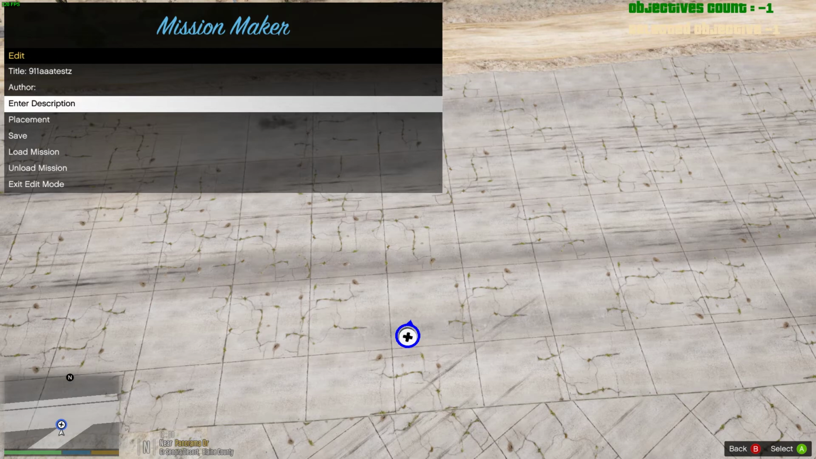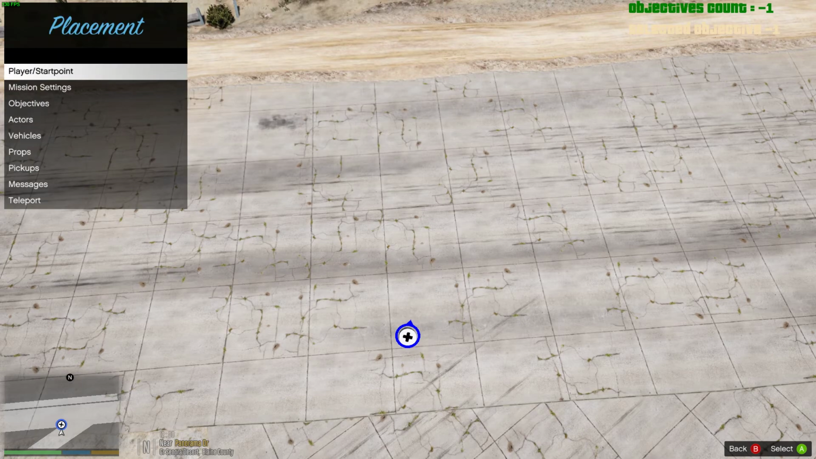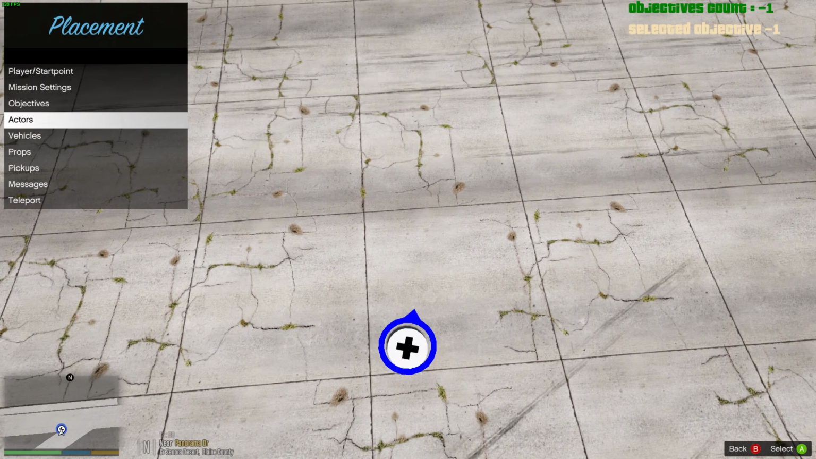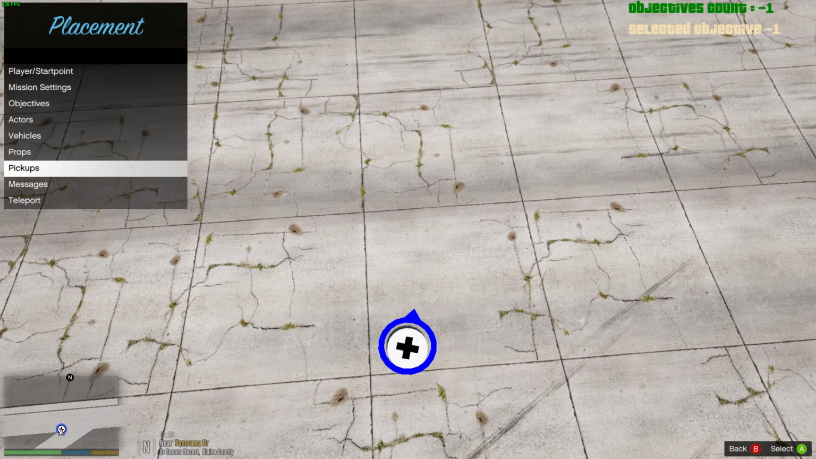So within this menu and within Mission Maker, there's two groups of things you need to know. There's what's called placements and objectives. And that's how you build everything. So a placement, simply put, is just things you put on the map that are placed. So it might be an actor, a vehicle, a pickup, a prop,